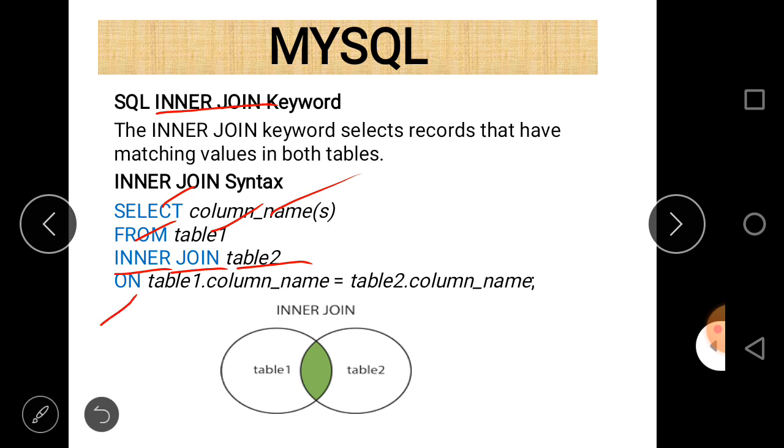As there is a property that in inner join an equal operator is used, just write equal, and then table name 1 dot column name, and table name 2 dot column name.